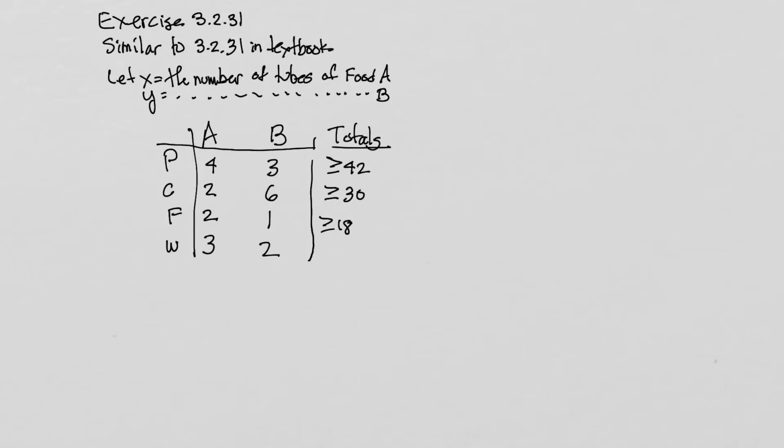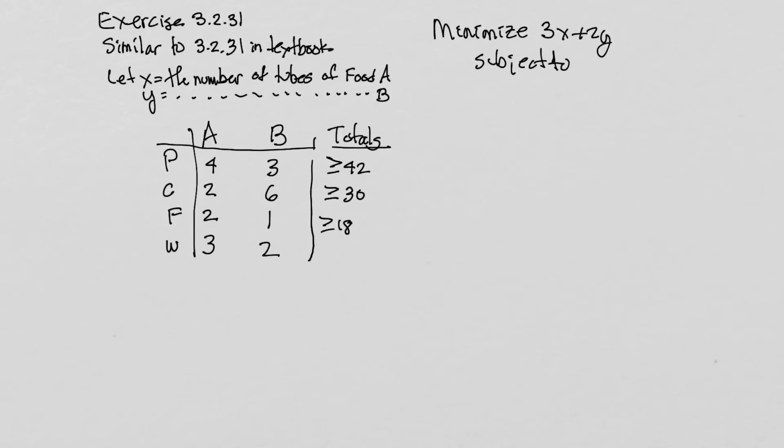So I think we have everything we need to set up this problem. What we're trying to do here is we want to minimize the weight. So what we want to do is minimize 3x plus 2y, right? See where that's coming from? We've got that last row, the weight row. 3 of those, 2 of those, subject